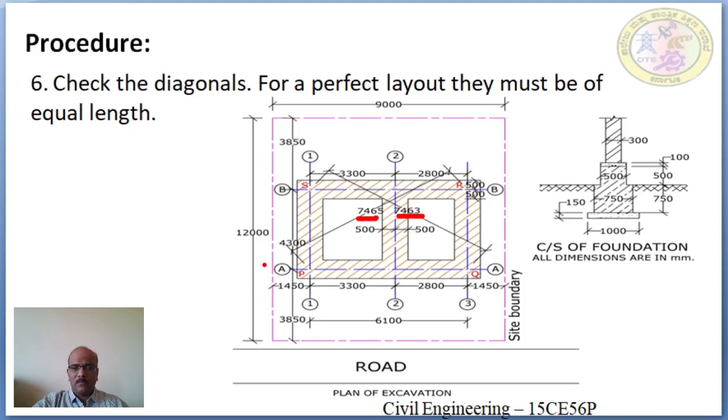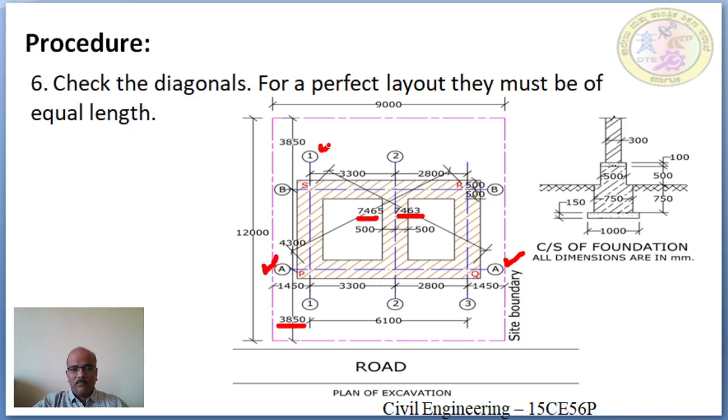First, we'll establish the first grid, that is grid A. We'll take it as a baseline. Grid A is taken as a baseline, as the length of this grid is longer, since the length of the wall is longer. This baseline grid line is tied at a distance of 3.85 meter from the road edge.